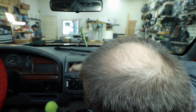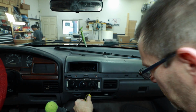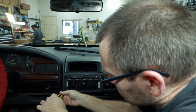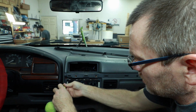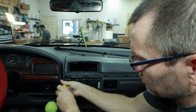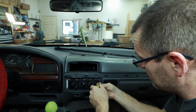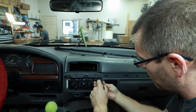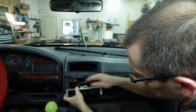Now this side is going to be a little tricky because there's a screw for the dash that screws in from behind. Now they don't say to remove the air conditioner, but since we're going to be cutting pretty close to it, I think it makes sense just to go ahead and pull it out of the way. We just need to pull it out and bring it down a little bit. It's a wired connection in the back, so it's not going to come out all the way unless you go to the air conditioning ducts. There again, use the screwdriver because this plastic is super brittle. I can see where it's cracked behind here,